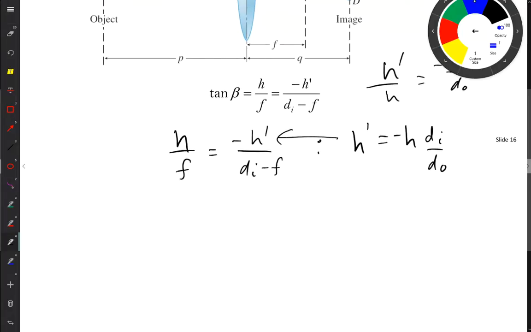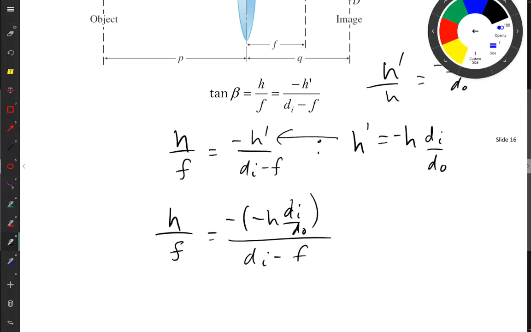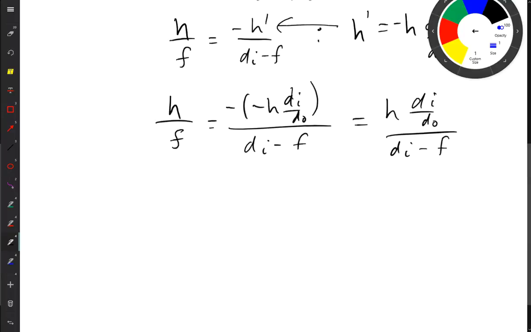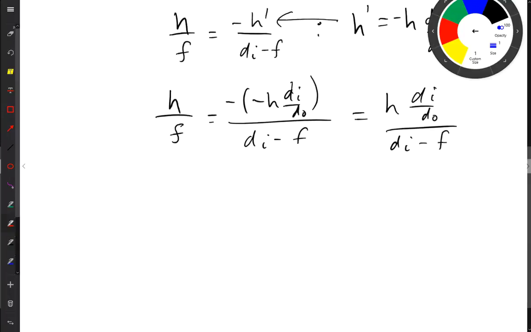And if I do that, now, of course, minus and minus is plus. And notice I have h on both sides. So this simplifies to